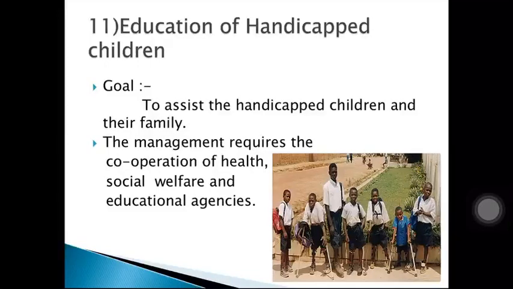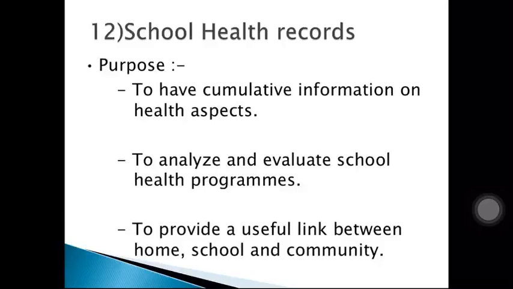So what is the last aspect of school health service, the 12th aspect? School health records. We've been speaking about all the 11 aspects of school health service, and even if we do all the 11 aspects in a very nice manner, if you don't record them in school health records, it is going to be a waste. So we need to have records which are maintained. The purpose is to have cumulative information on health aspects, to analyze and evaluate school health programs, and to provide a useful link between home, school and community, because we are going